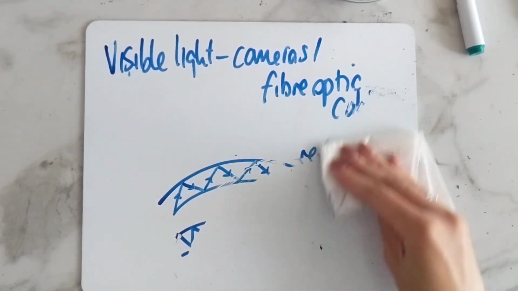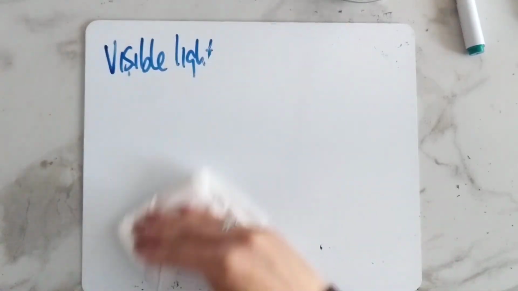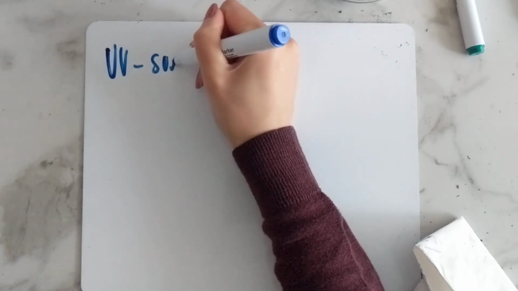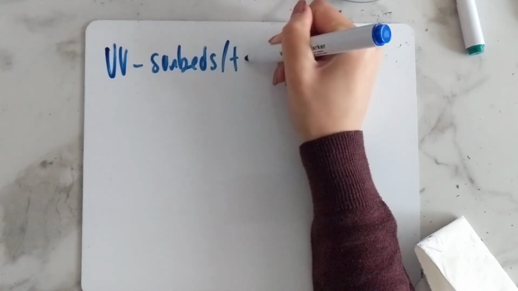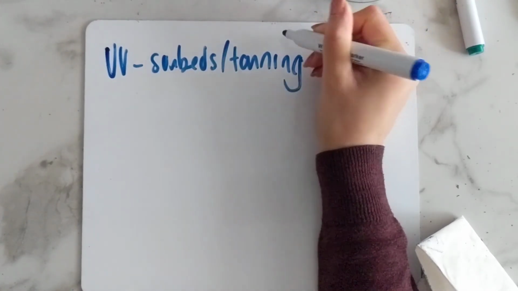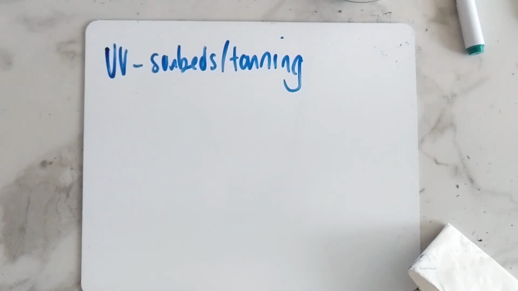Ultraviolet. Ultraviolet gives you a suntan. Ultraviolet is used in sunbeds or tanning. The sun gives off UV radiation as well. What happens is ultraviolet radiation is absorbed and then visible light is emitted. That's how fluorescent objects